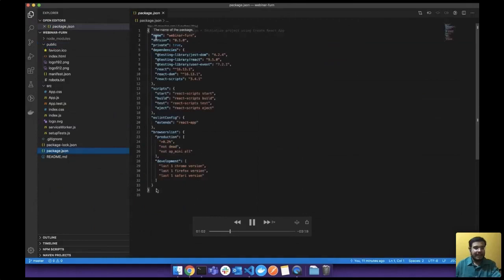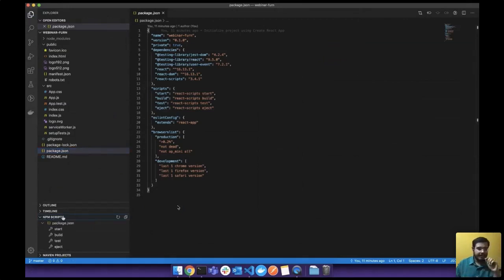So if you go to package.json, this is a file maintained by your npm package manager. You have all your dependencies listed here. When you distribute your code to some other developer, they can make use of this to install all the dependencies and stuff like that. So basically information about your project. And then we have this interesting npm scripts.